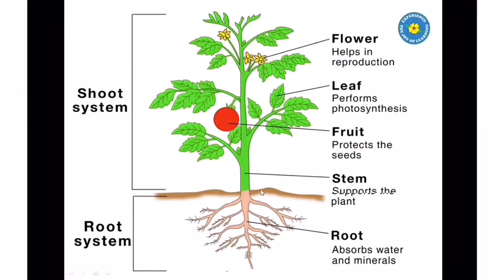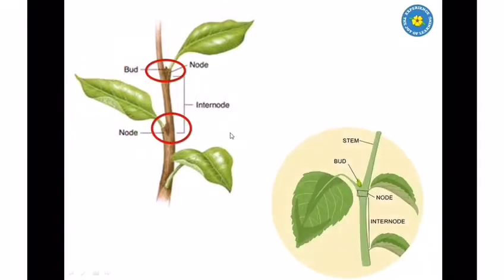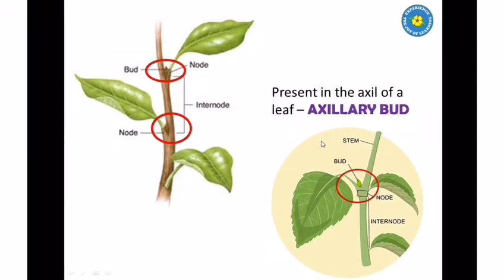So in this chapter, we are going to learn about the shoot system in detail, like the stem, fruit, leaf, flower. Before entering into the class, I would just like you to know what a node and internode are. The node is the place where the bud or the new leaf arises and gives rise to a new branch. The place between the nodes is called an internode. And the bud which arises from the node is called an axillary bud. This axillary bud gives rise to the shape, or you can say the height, of the plant.